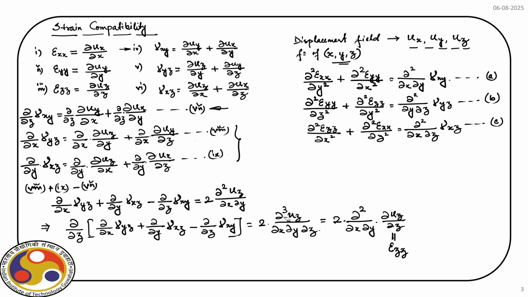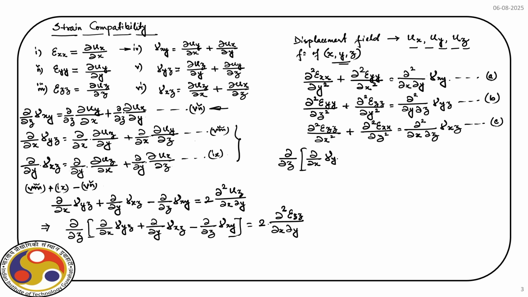So, if I rewrite this equation, what we get is... so what we have here is another equation. So, this is say equation D, and